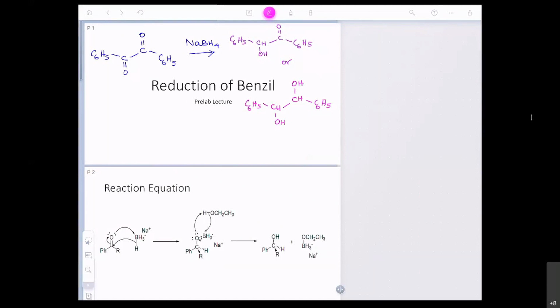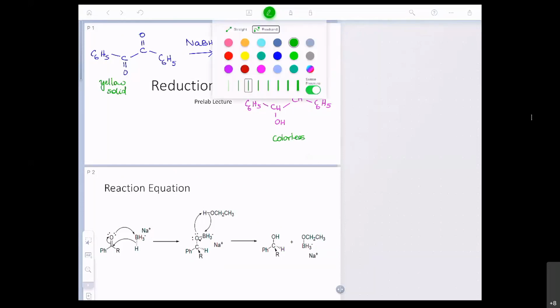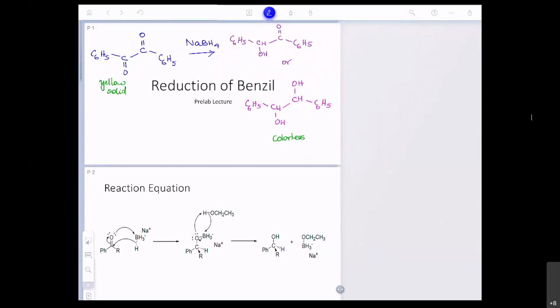It's quite an interesting one. It's called reduction of benzyl. What's really nice about this reaction is you can follow it with color. Benzyl is a yellow solid, a pale yellow solid, and the products are colorless. So the disappearance of the yellow color is an indication that the reaction is completed. That's kind of nice if you can just look at a color change and say a reaction has taken place. This reaction can certainly take place with lithium aluminum hydride, but keep in mind sodium borohydride is a mild